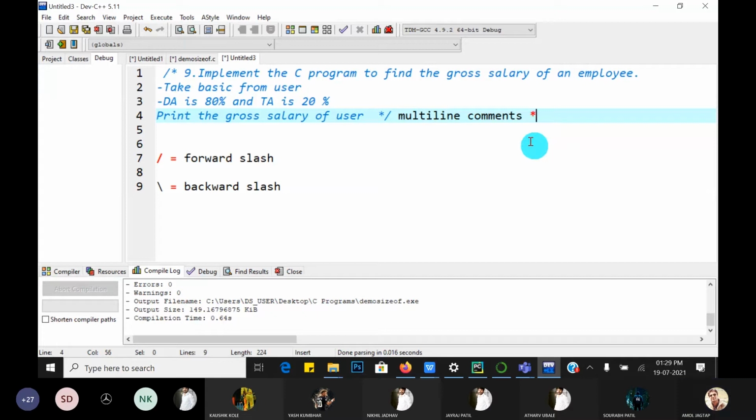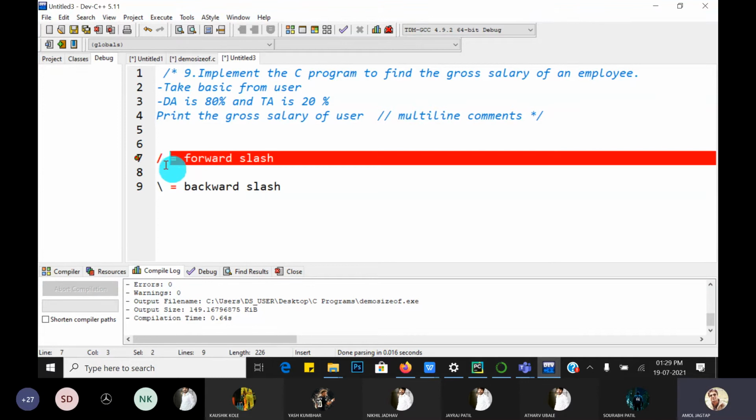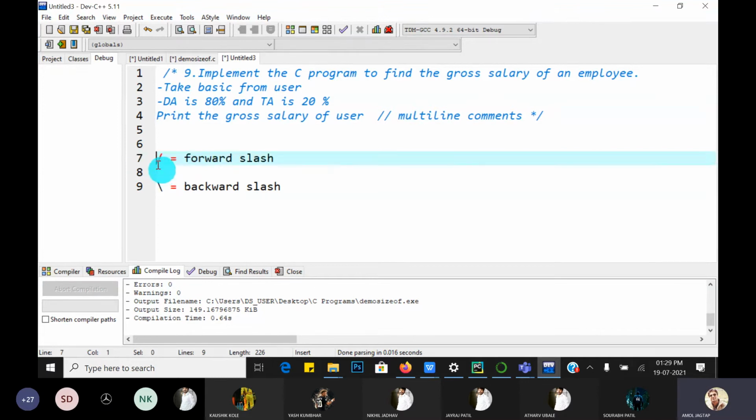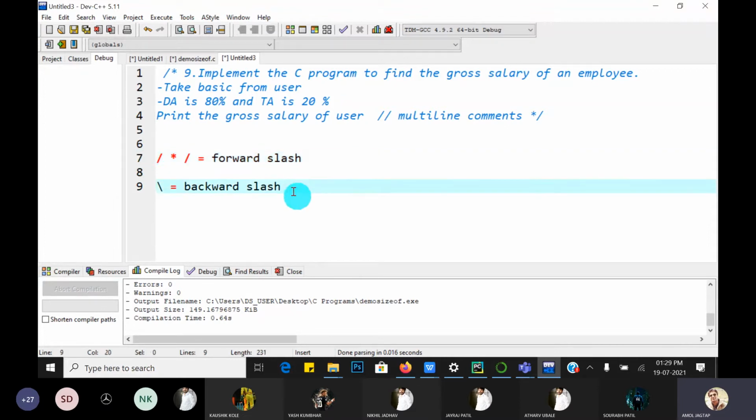Understood? So again, you can give a multi-line comment like this and remove star here. So here also we want to give the comment. So how to give the comment? Multi-line: slash star, star slash.